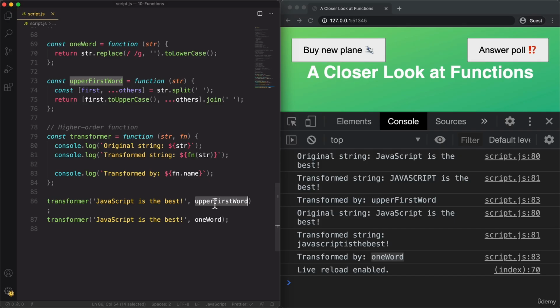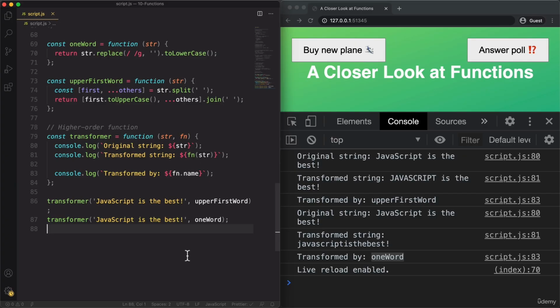And in this case, calling them later happens right here. So it's the transformer function that will call these callback functions. And the callback functions in here are, of course, called fn. And so that's the name of the function in here that we then have to call. All right. And in fact, this is exactly the same idea that we already talked about using the addEventListener function,